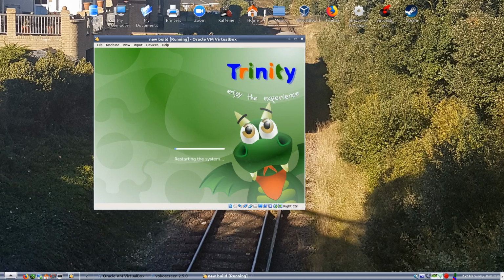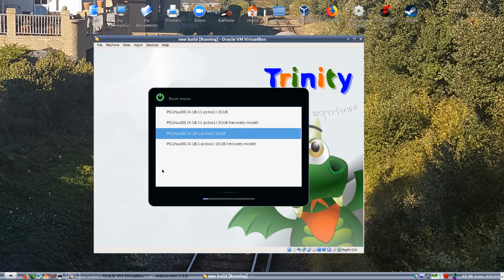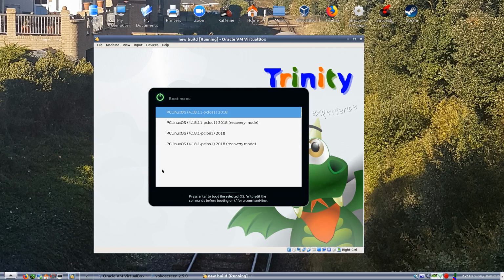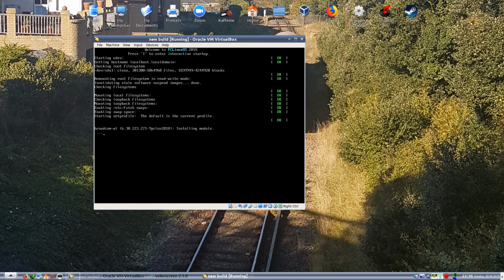And I should be able to choose the new kernel from the grub menu. And it is there. Oh, excuse me, I like to escape, so you can actually see the startup process, and there it is, building the new kernel module for the new kernel. I chose the 4.18.11 kernel,